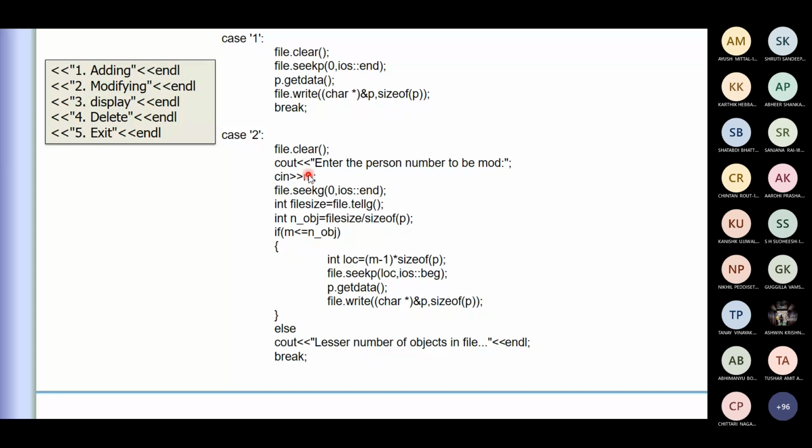Okay, 5 persons data, but you are asking for a 6, I have to verify that. Okay, in that case this particular part will not be executed. It will come to here and display the suitable information. So that is what the second case, case 2, is going to do, modifying that.